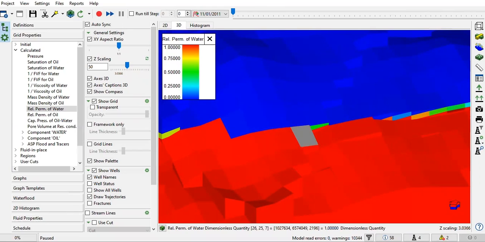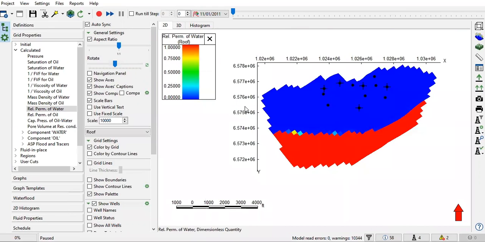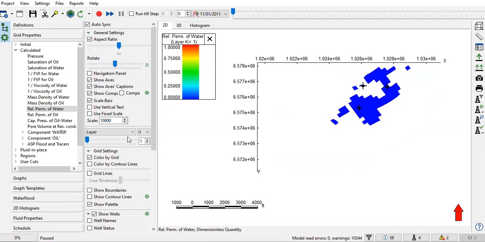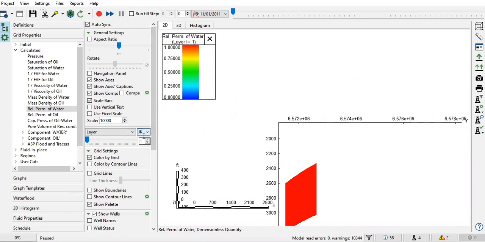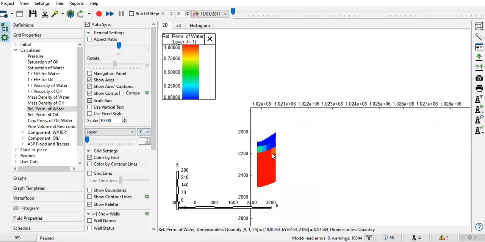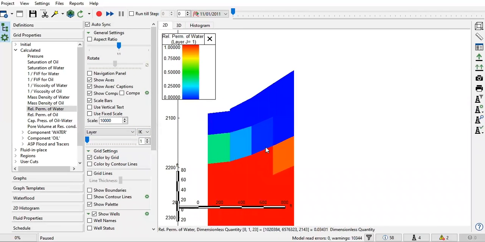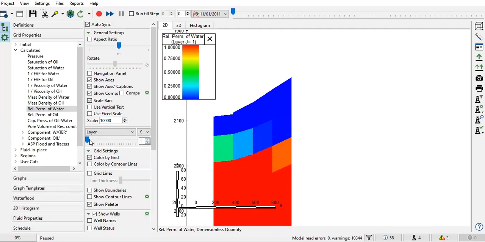2128 and this one 2196. So between that must be the oil water contact, around 2162. Or we can also go to 2D map and then we can check the layer. Yeah, the JK, I mean IK. So here the oil water contact is around 2100 and then move